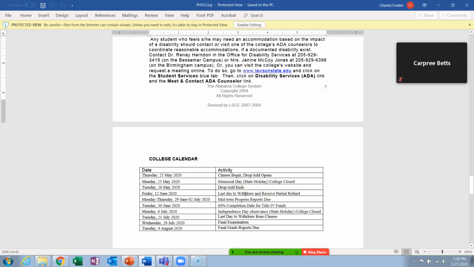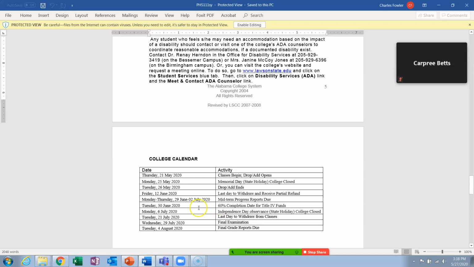Withdraw from all your classes and still get a partial refund. Okay, that's if your family moves, you get sick, somebody gets sick and you have to become a caregiver, there's some reason you just can't go to school this summer, that's what this is talking about. If you withdraw from all your classes by Friday the 12th of June, then you get a partial refund and you're out.